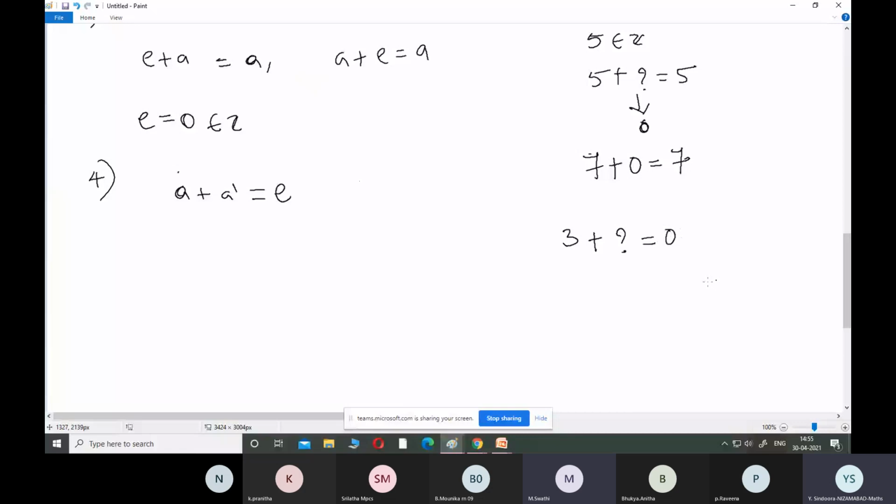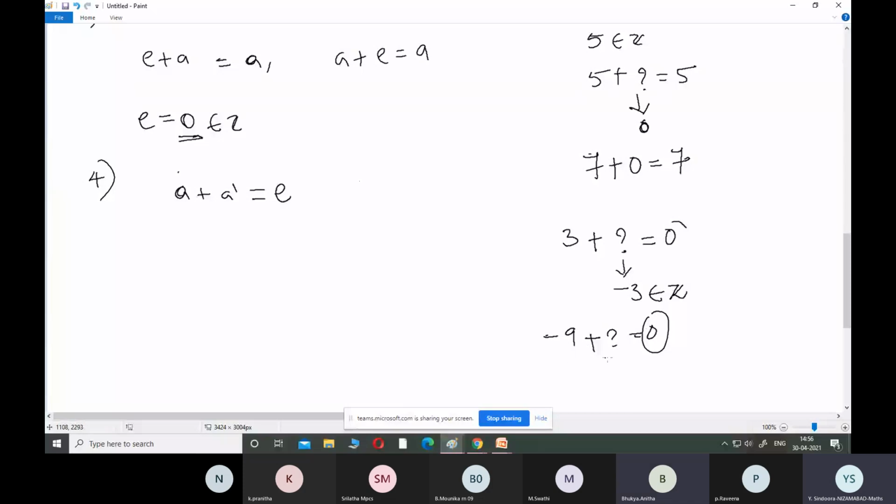-3, does it belong to the set of integers? Yes. So -3 belongs to the set of integers. In the same way, if you are taking any element from the set of integers, it will definitely have an additive inverse. For example, if I have taken -9, -9 added with what, I'll be getting 0. Here it should be identity only. I should write here identity from the third step we got. Identity is equal to 0 we have found. That is why I'm writing in the fourth step, in place of E, 0.